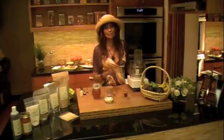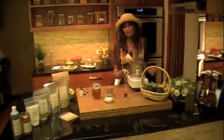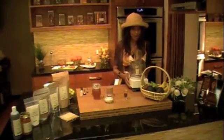Dessert. I know I've been going on with the green drinks of late, and you know how you win people over to this is by giving them a delicious dessert. So